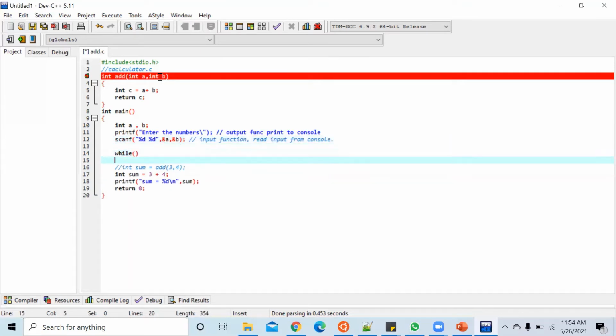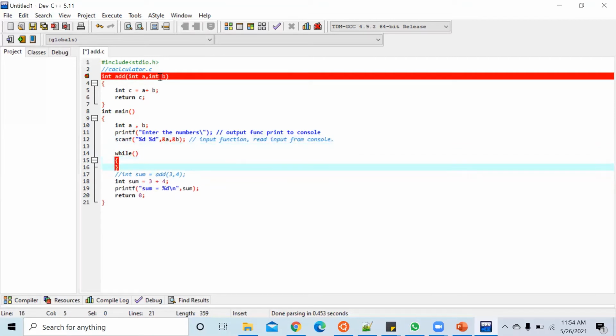So see, the while is a loop actually. Don't worry about these things and all. I'm just explaining why functions are required.